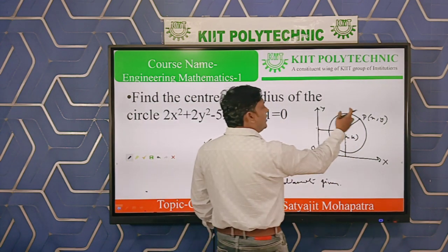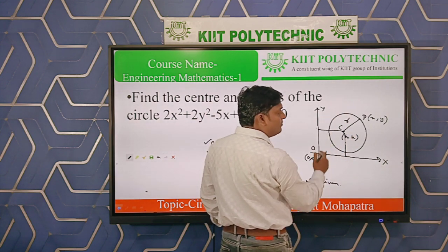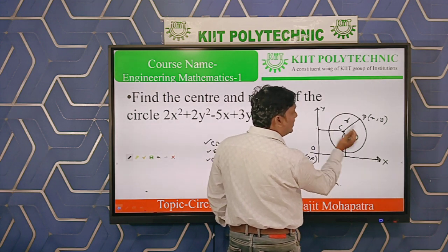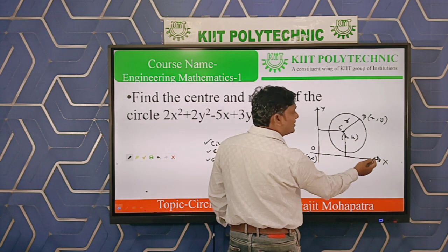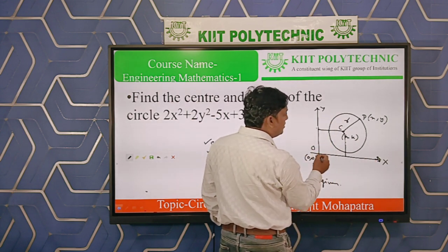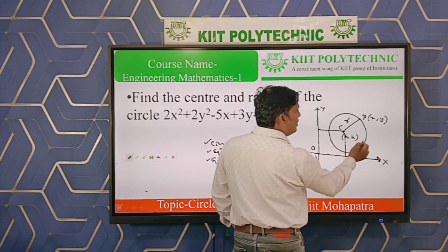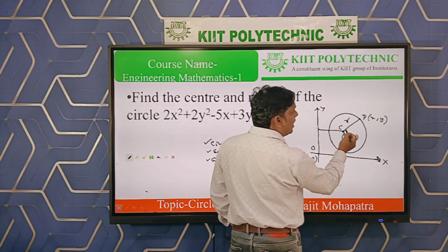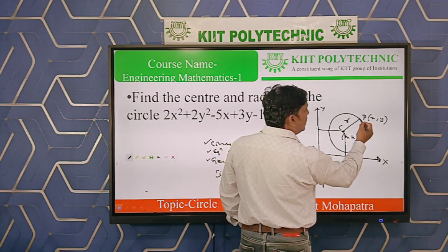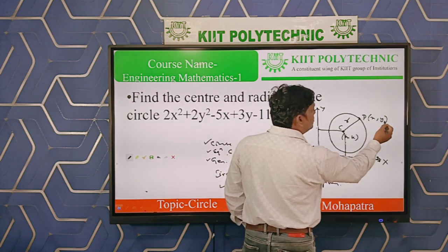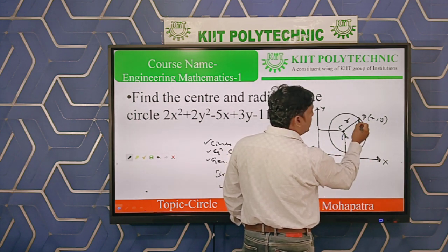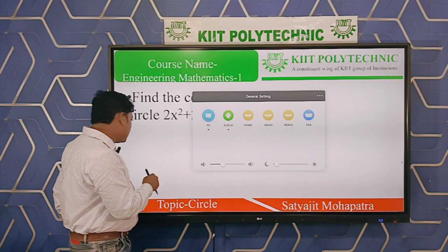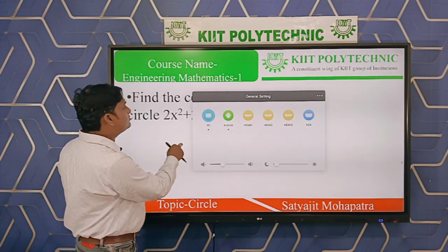So we can draw the circle in 2D. The two-dimensional plane is created by the intersection of the x and y axes, and all the parallel axes of x and y, their intersection will give you the origin. Draw a circle in the first quadrant, put the center here, suppose h, k. The peripheral point is always moving, its coordinates are x, y, and the distance from C to P will give you the radius. This is the geometrical representation of the circle.